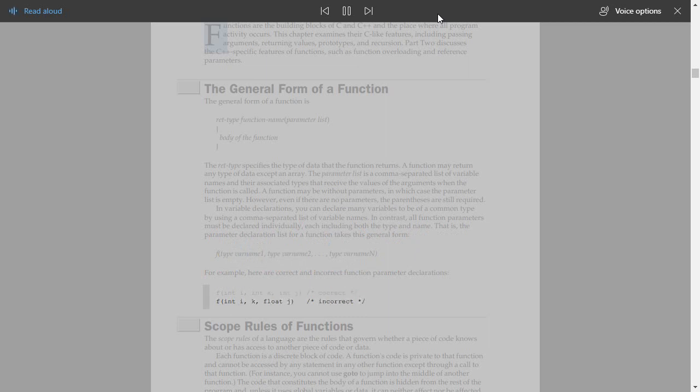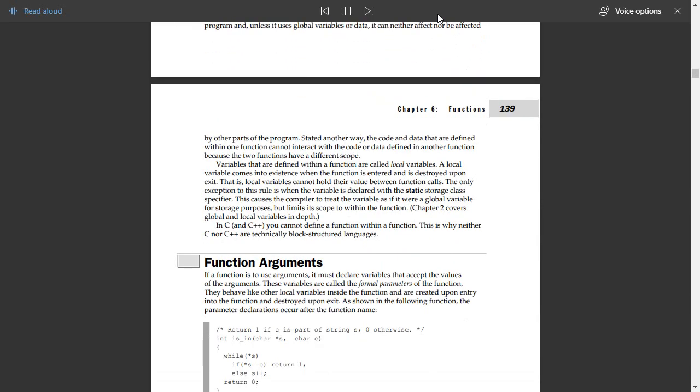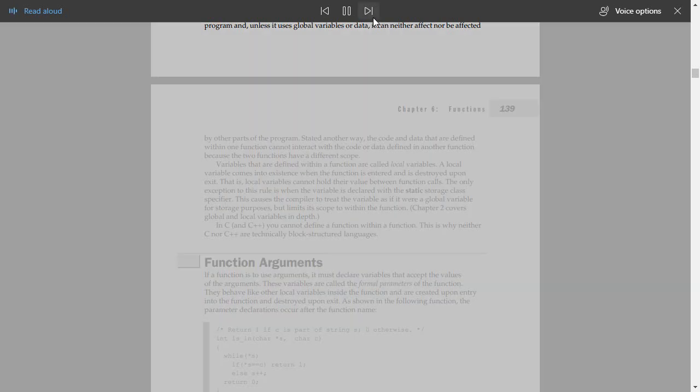Scope rules of functions. The scope rules of a language are the rules that govern whether a piece of code knows about or has access to another piece of code or data. Each function is a discrete block of code. A function's code is private to that function and cannot be accessed by any statement in any other function except through a call to that function. For instance, you cannot use goto to jump into the middle of another function. The code that constitutes the body of a function is hidden from the rest of the program, and unless it uses global variables or data, it can neither affect nor be affected